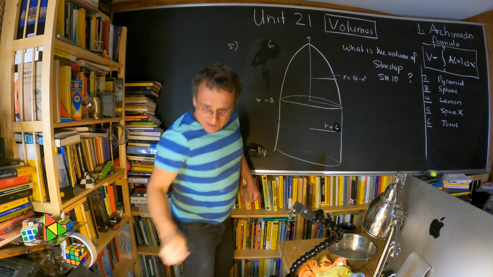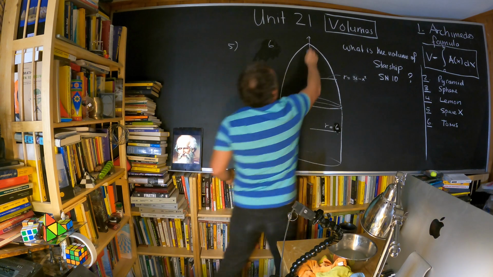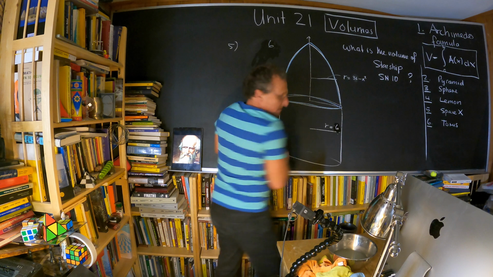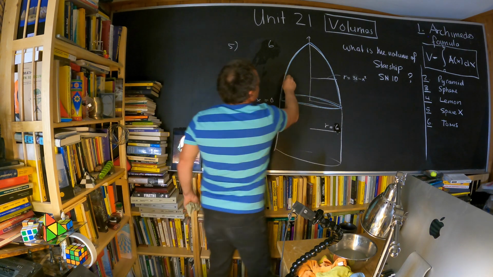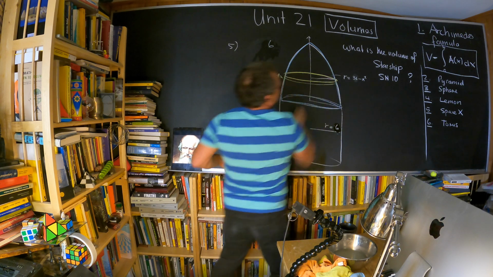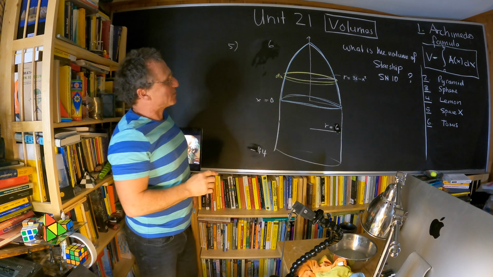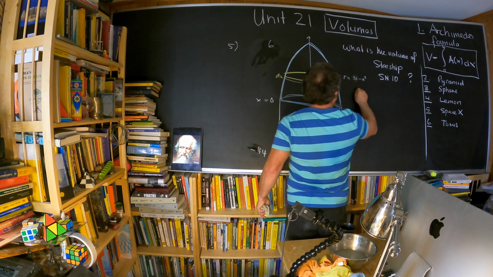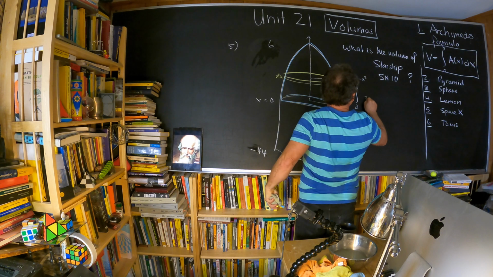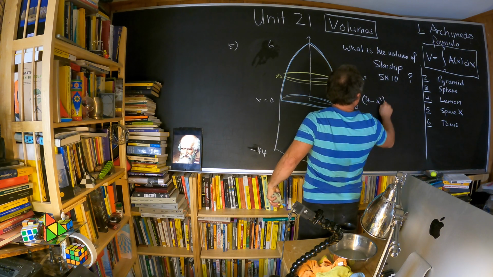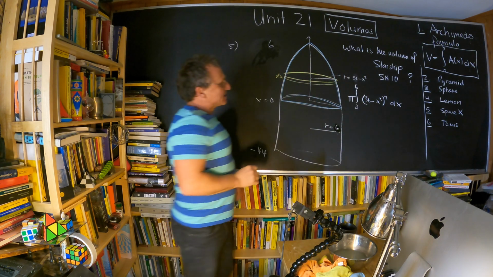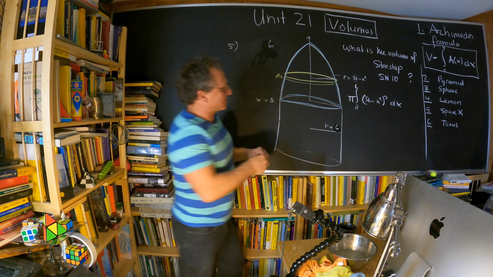So we have two parts. We have the part above here. That's kind of the harder part. That's what we want to compute here. So in this case, we have a slice. This is dx. And the area here is 36 minus x squared. So we integrate from 0 to 6. And we have 36 minus x squared dx times pi. So this is the upper part,